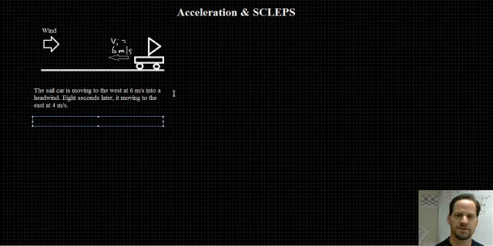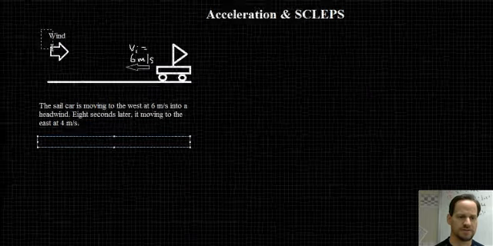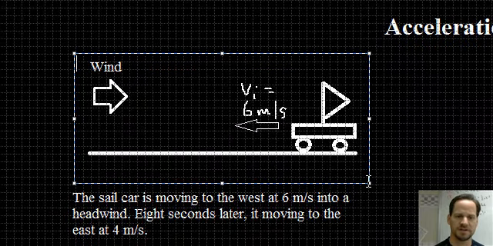And again, we're going to use an example you see here on the screen. You see an example of what I'm calling a sail car. And that sail car is moving to the west. Okay, we'll call left, west. And it's moving into a headwind. And over a period of time, that wind is going to cause the car to change its direction. So we eventually will get to solving the problem of this particular example, but first let's review some basics about